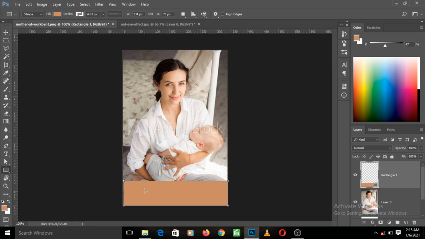So you can just go ahead and write a text here just to blend with the image of the design work you are using. So this is one importance of using the eyedropper tool. Okay, so these are the two tools we are going to be looking at in this video.